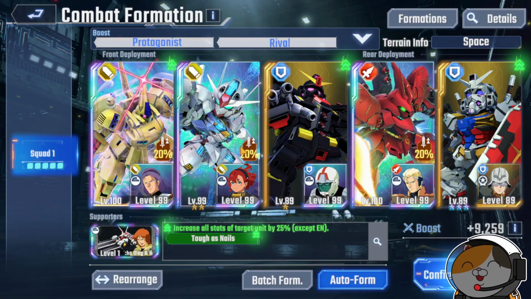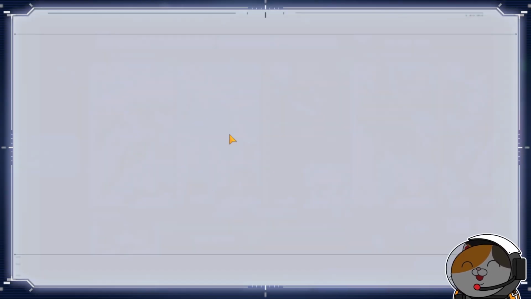So I can use the experience material on the other Gundam because as a free-to-play player, I have a limited amount of materials. So I need to make the best use of the stages' free experience that you get when you clear those stages. So I stop at level 99 so that I can have extra material to give to my other Gundams. But apparently, this is such a good strategy in PvP because when I have my Gundam at level 99,